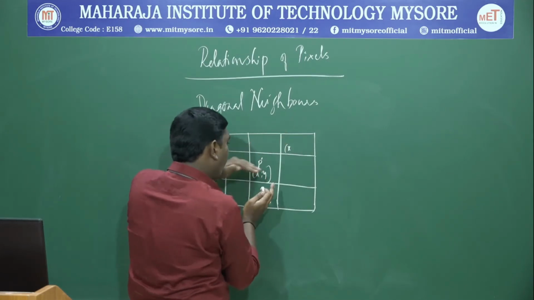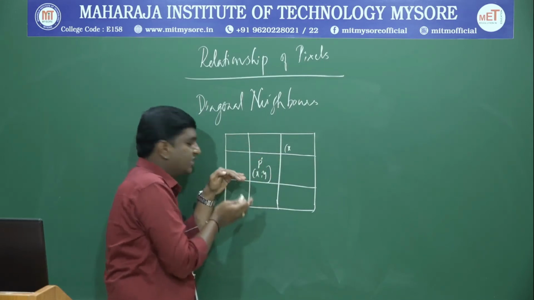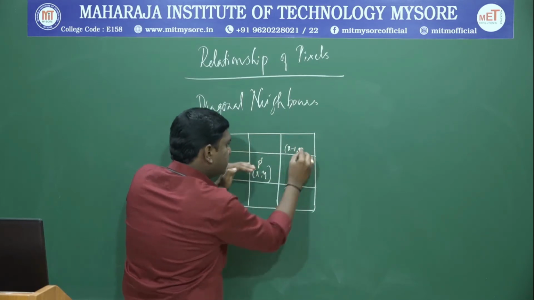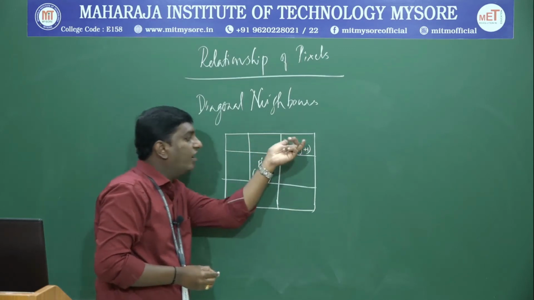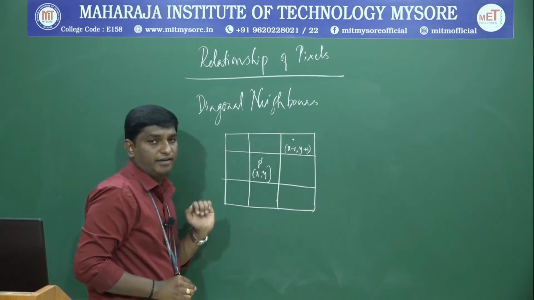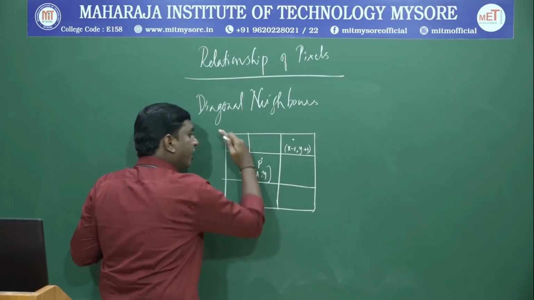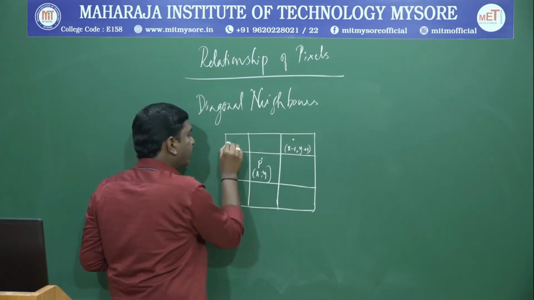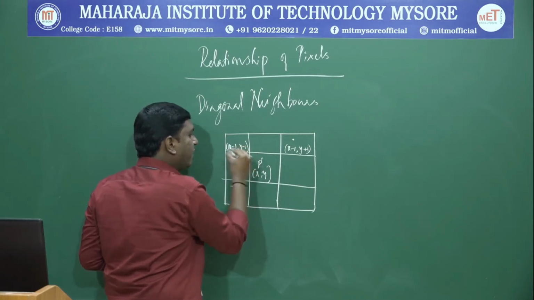So it is at 1 unit distance. Always the pixels next to it will be at unit distance. So this will be x minus 1 and this is y plus 1. This is one neighbor of this pixel P which is diagonal. Let us go to this juncture. This is also a diagonal neighbor for this pixel P. What are its coordinates? It is x minus 1 and y minus 1.